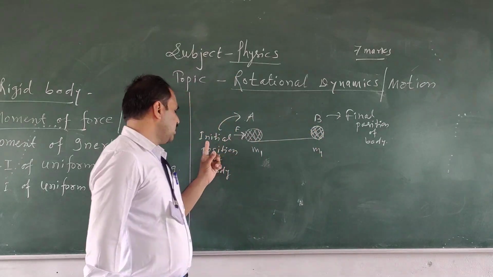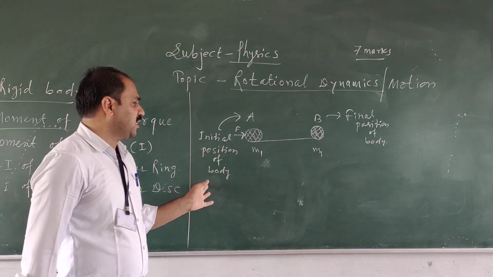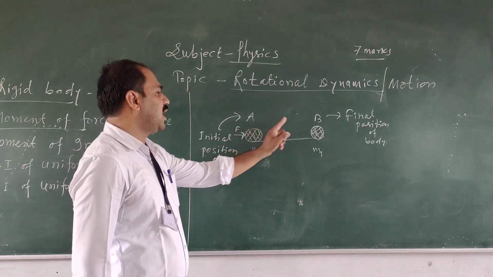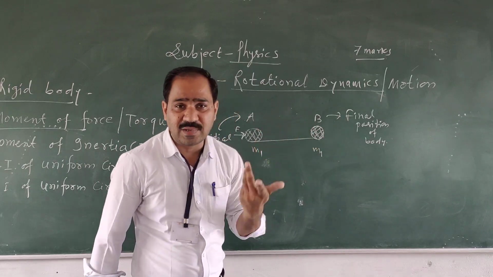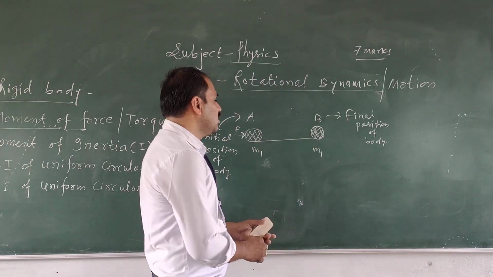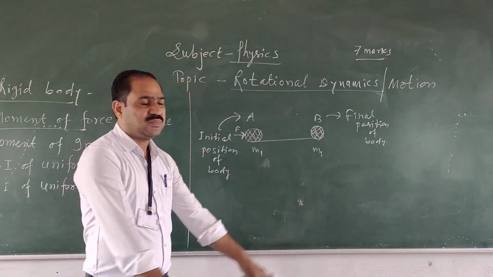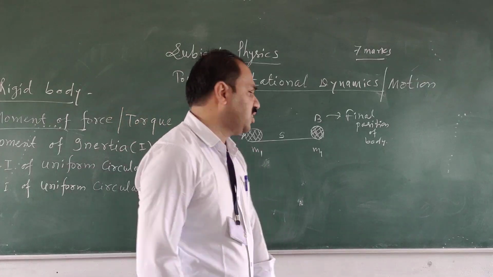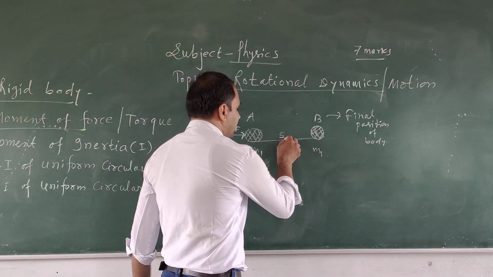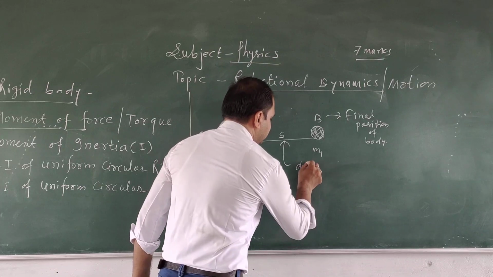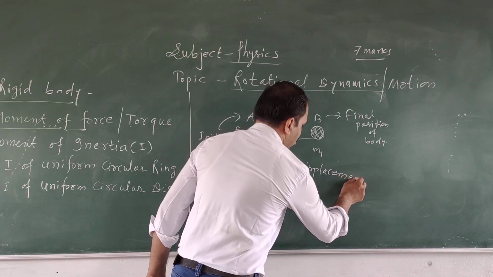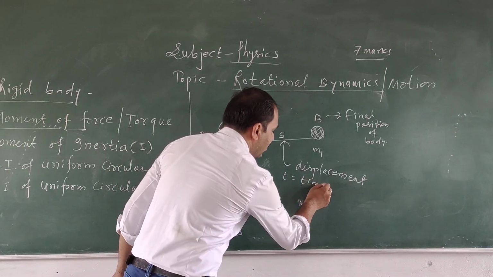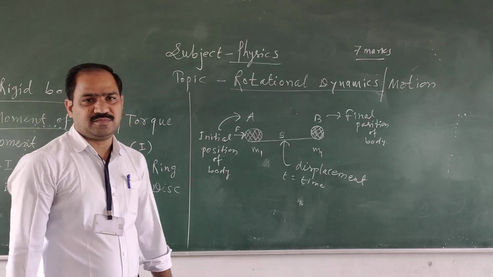Here the point A is called the initial position of the body. But after the application of the force, the body will leave its position from point A and arrive at a point B after some interval of time. During this motion, some displacement of the body arises. Suppose here S is the displacement of the body during the time t. S is the displacement of the body, and it requires the time t.